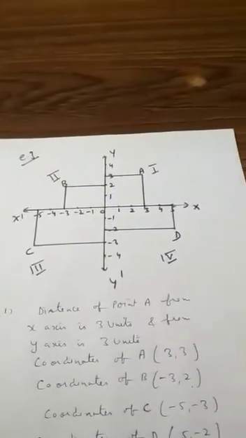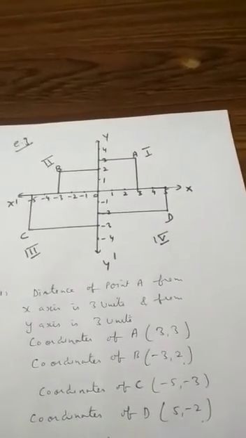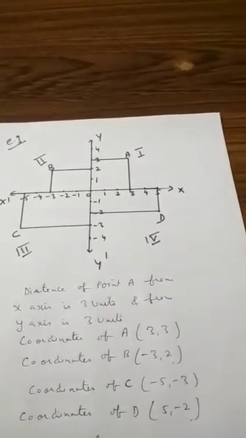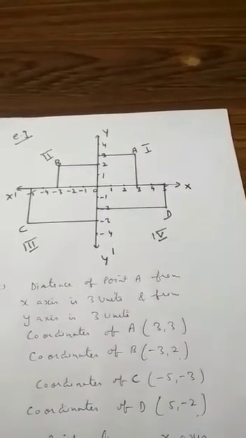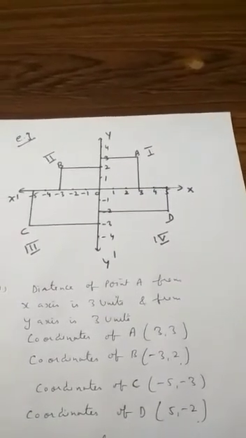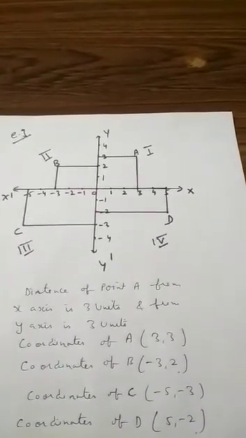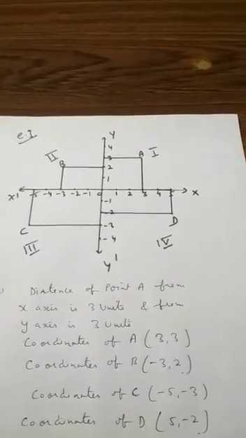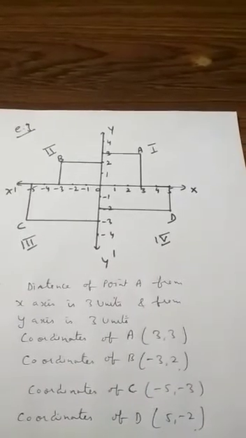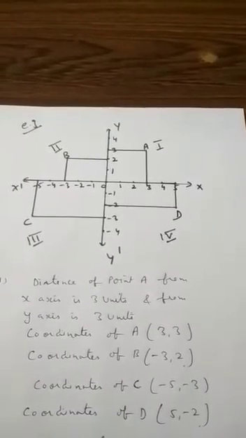Look at the given figure carefully. The two axes, x-axis and y-axis, divide the plane into four parts, and each part is named a quadrant, and the plane is known as the Cartesian plane or xy plane or coordinate plane. So first of all, observing point A, the perpendicular distance of A from the y-axis is 3 units and from the x-axis it is again 3 units. So what are the coordinates of A? They are (3, 3) and it is in the first quadrant.